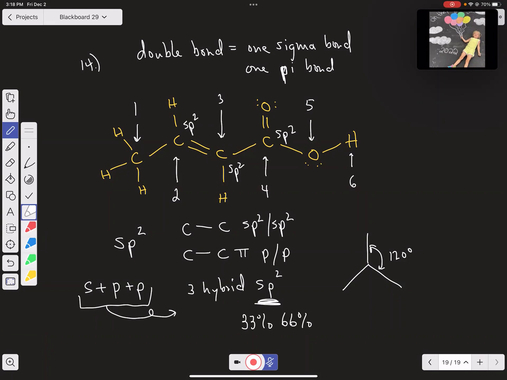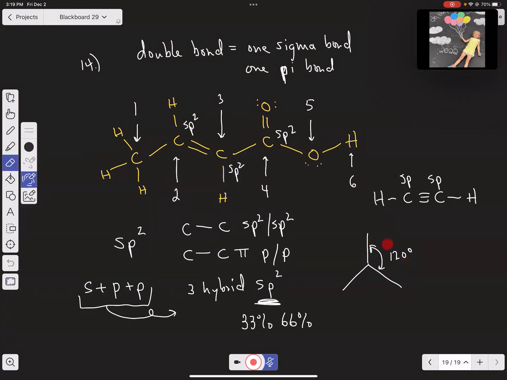So to be a triple bond, we would just need to have two unhybridized orbitals. Like in acetylene, for example, we're sp hybridized because we're linear. So both of those carbons are sp hybridized, and that means they each have two p orbitals. They didn't blend together. So we can use both of those p orbitals to make each of the two pi bonds, because in a triple bond,